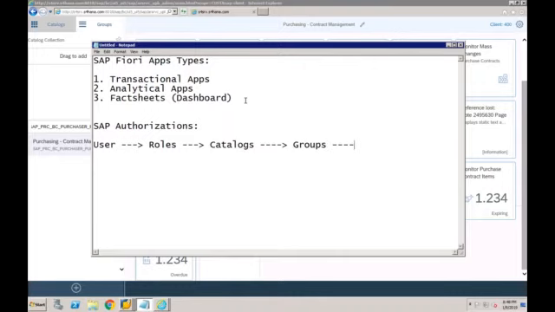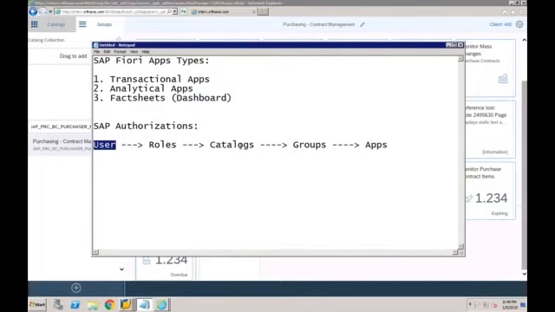And within the groups, there are tiles, or you can call them apps. So how are these apps assigned to the user? Apps are assigned to the user via groups, catalogs, and roles. So you can combine one or more apps into groups, one or more groups into catalogs, one or more catalogs into roles, and one or more roles you can assign to the user.